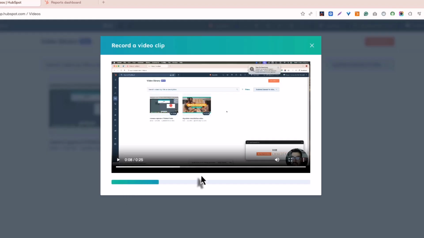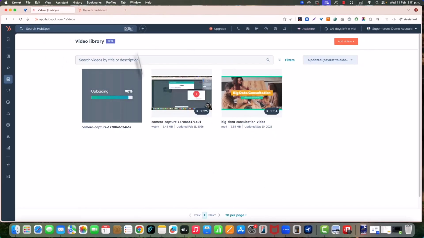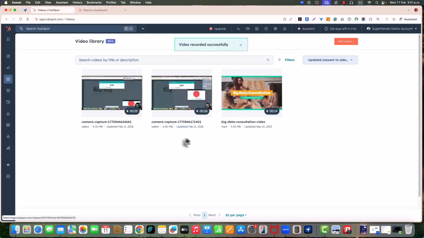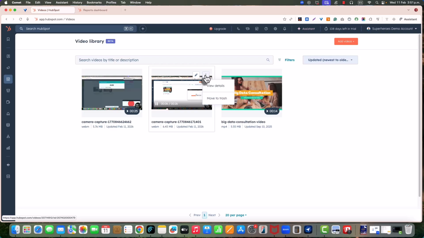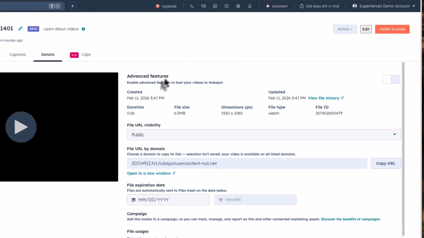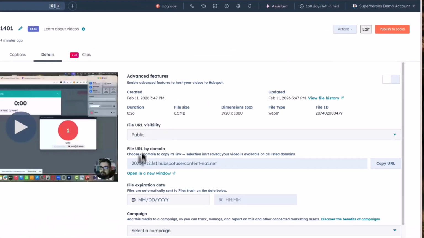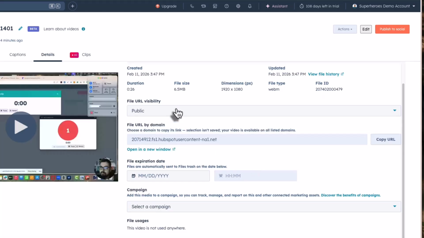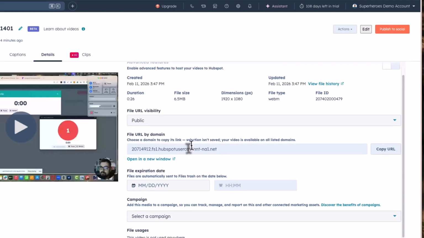Now this video is going to be processed, and in just a little bit, it'll be available for me to watch it and or share it as well. And as you can see, I did an example before this one right here with this other screen capture. And then as you can see in the toggle here, we can actually view the details. And then once we view details, we can actually share either publicly or privately the link to that specific video,